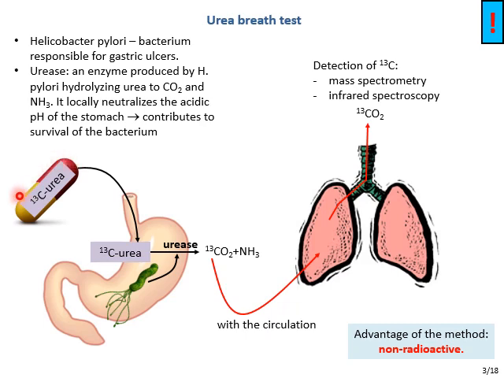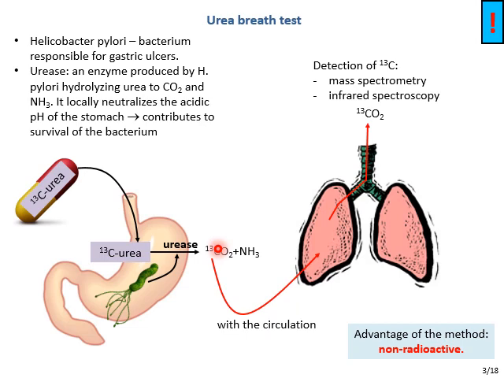Because if the patient receives urea which is labeled by carbon 13, which is a non-radioactive stable isotope of carbon, and if this patient has Helicobacter pylori infection in his or her stomach, then the enzyme, which is only present in the stomach if the bacterium is present, will break down urea, carbon dioxide and ammonia will be produced from this urea, and carbon dioxide